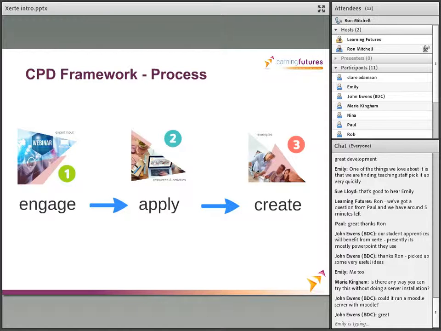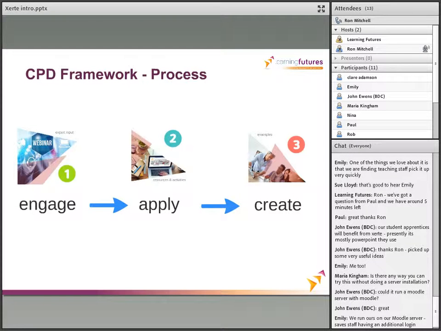I look after and install numerous Xerte installations for organisations. I've also helped them install. I look after, for instance, the NIACE installation and the previous TechDis installations.